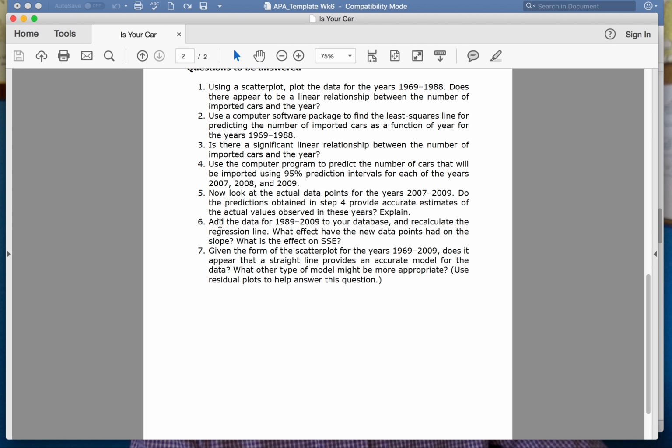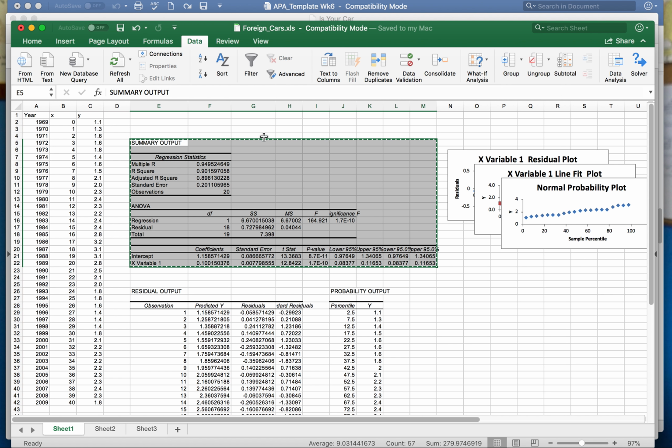So, look at question number 6. Add the data for 89 through 2009 and recalculate the regression line. Okay, well, when you do that, what that means is you're running it now from 1969 all the way to 2009. So if you're looking at your